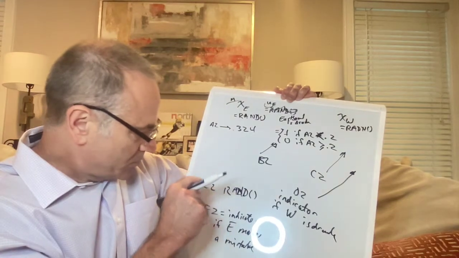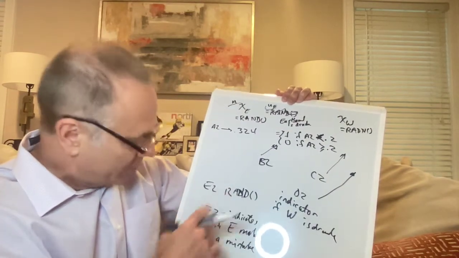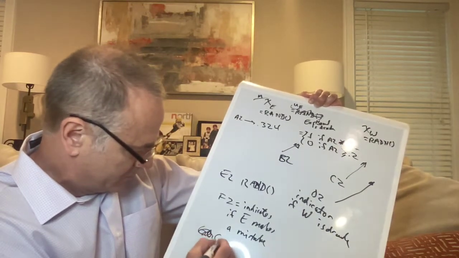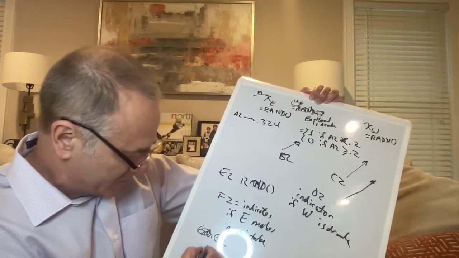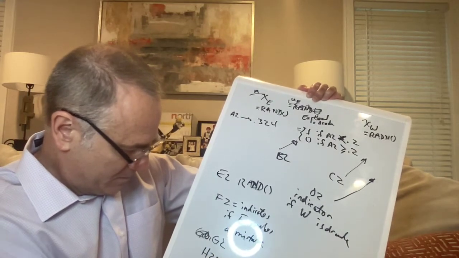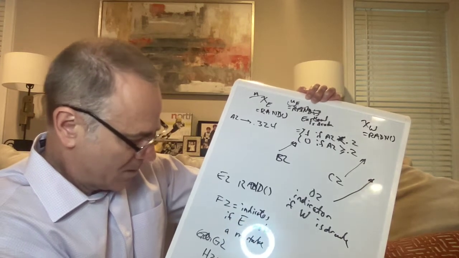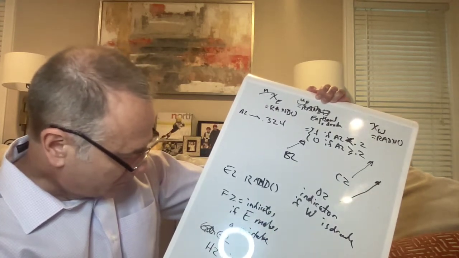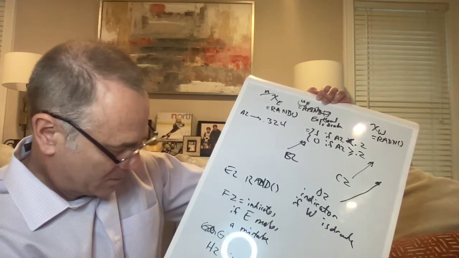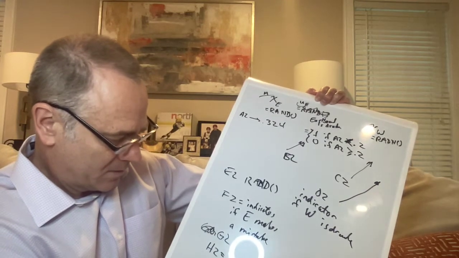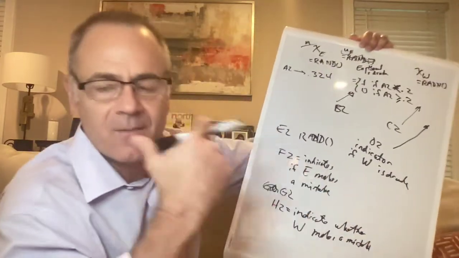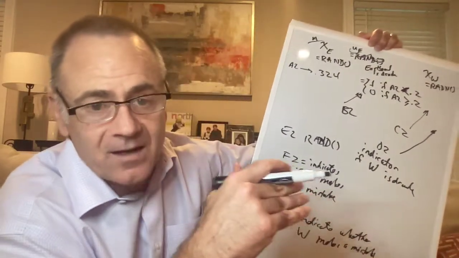Okay, and then you're going to have to do something similar. G2 is a similar random variable. H2 is going to indicate whether W, the westbound driver, makes a mistake. Okay, once you've done that,